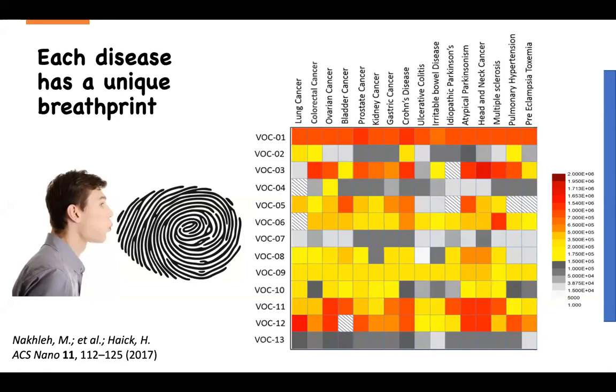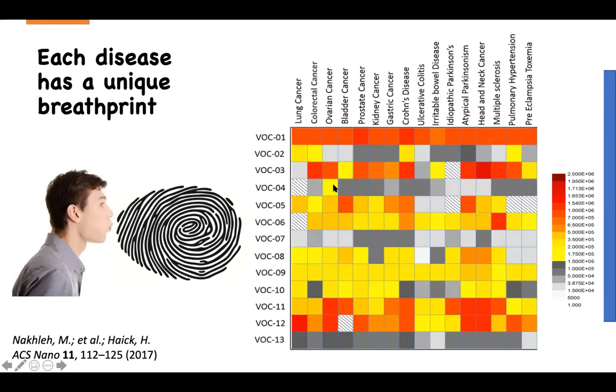Also, what we have found is that for every disease, the combination of these molecules that are statistically significant could differ from one type of disease to another. For example, you can see that if we use one molecule, such as VOC number 1, it cannot distinguish alone between different types of disease. Also, if we use VOC number 13, it cannot diagnose or differentiate between different types of disease. But nevertheless, if I take the whole combination of the 13 compounds, the whole combination will differentiate between different types